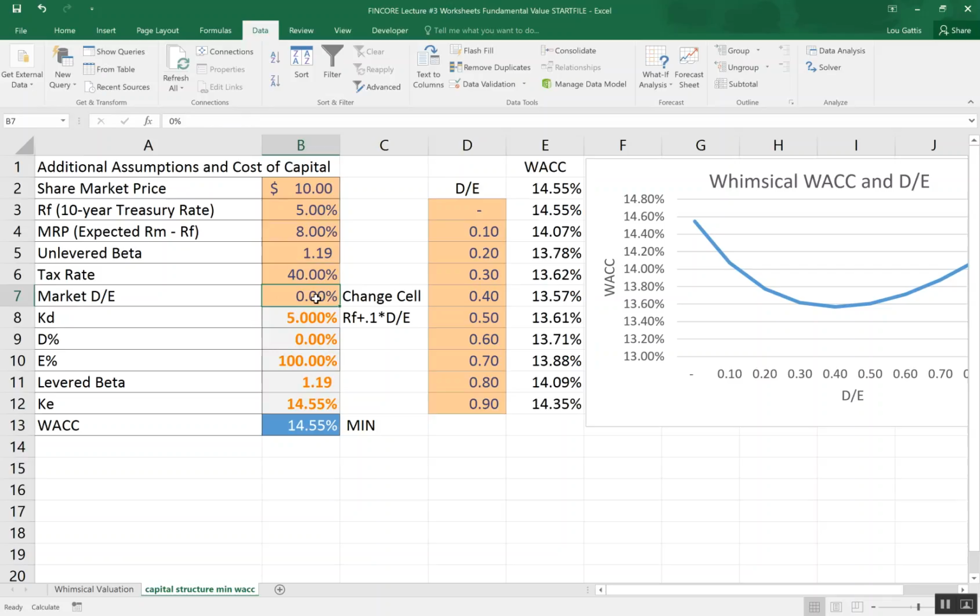So by having a little bit of debt, my D/E, I'm going to decrease my WACC because I'm using that cheaper source of funding. And why debt is so cheap is debt is safer at this point because it's a fixed cash flow with a firm with very little risk. However, when my D/E goes to say 0.3, that's even better. I'm moving down this curve. However, at some point, say the D/E is 0.8,